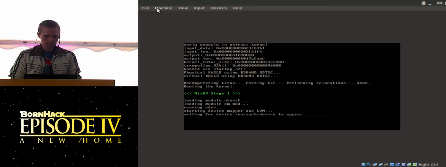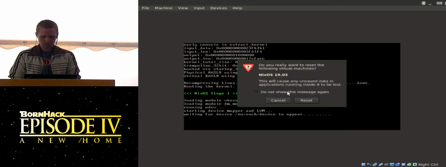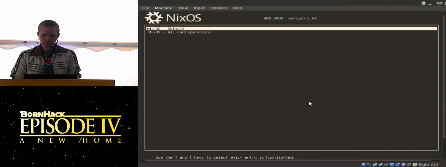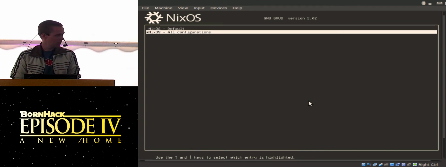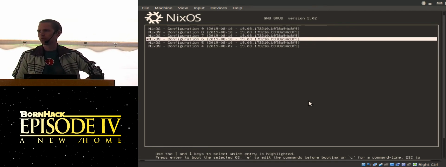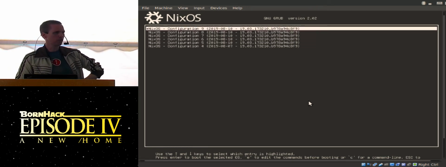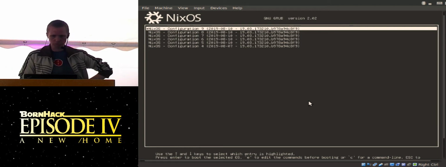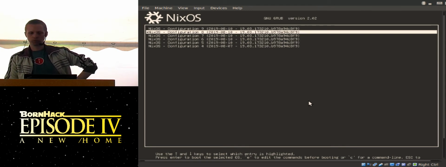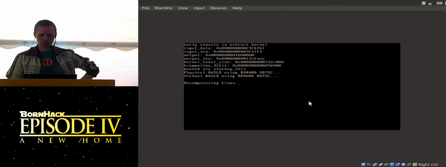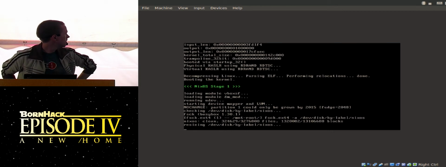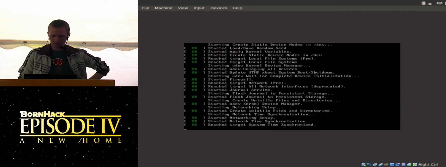So what do we do then? We reset our system. Reset. And when we are in grub, we go back down to all configurations, and here is the history of the configurations we've used so far today. So the last one is kind of poisonous. Let's skip that one. The 8th one was the one I was running when we were actually making the changes. So that one should be safe. And it doesn't seem too bad.